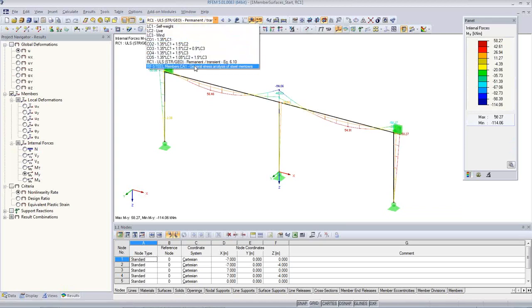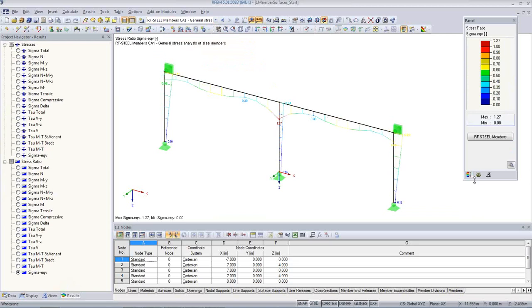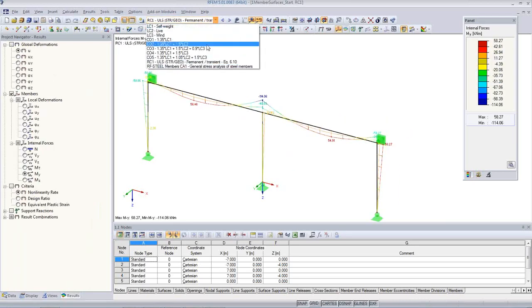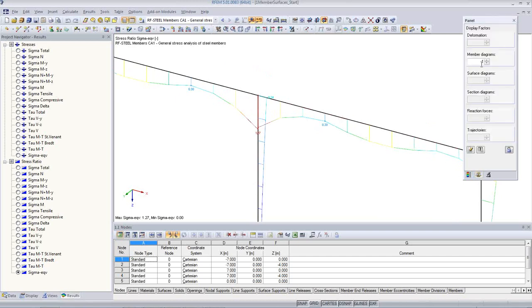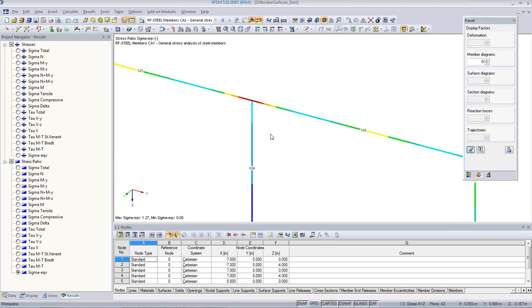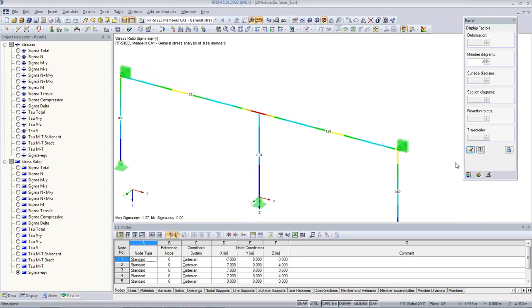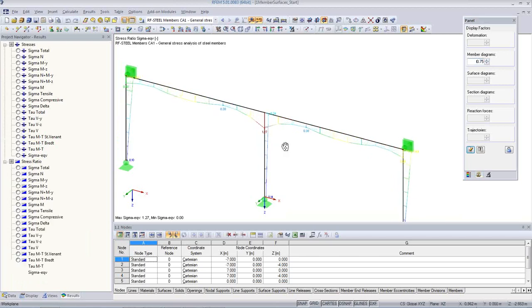And at the end, I performed a stress analysis with RF steel members. This result indicates a stress location, an area here of this beam where we have an overstress. I can show this here a little bit more in detail with colors. And this area, now we have the option to increase the cross section entirely of the beam here, or we can take a closer look at this